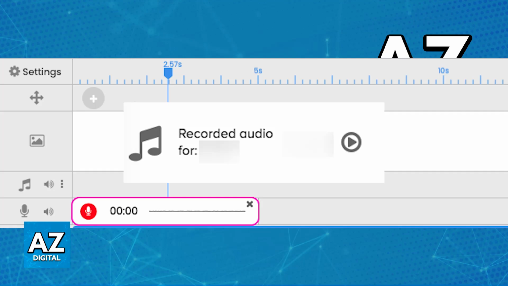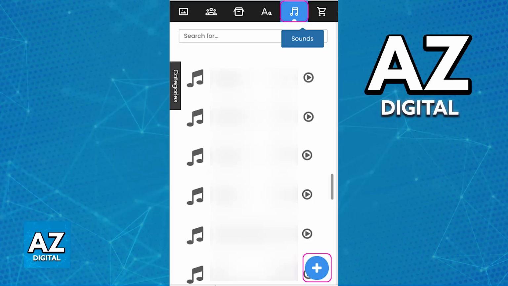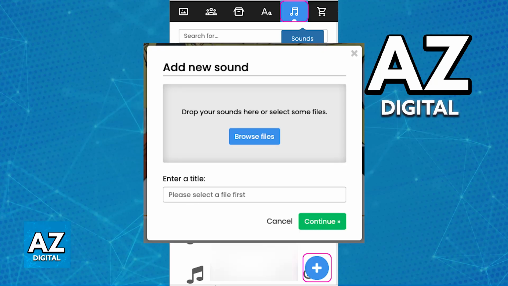want to upload a custom voiceover or sound that you recorded elsewhere, all that you have to do is click the music note icon at the top left corner. This will take you to the sounds page, and now you can click the plus sign to add a custom sound. Now all that you have to do is browse through the files on your computer and upload a custom